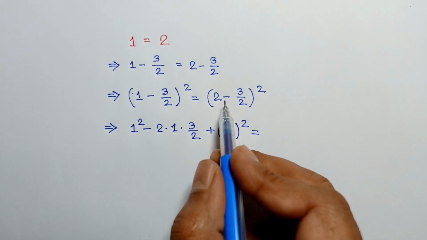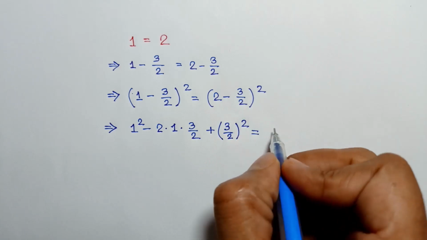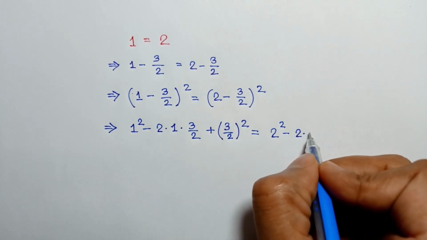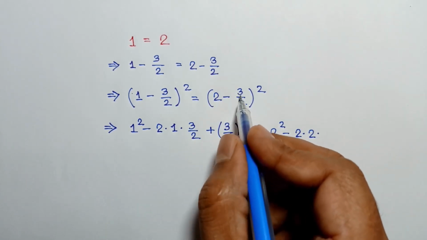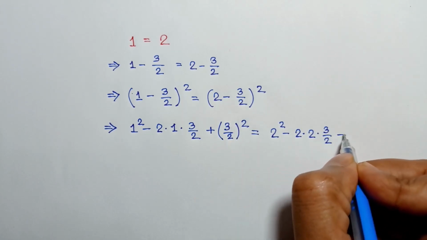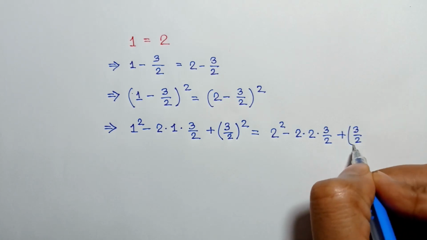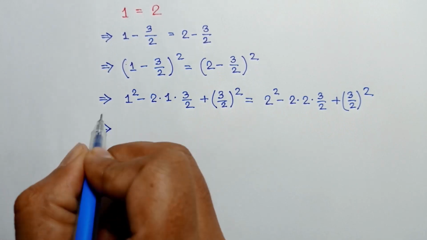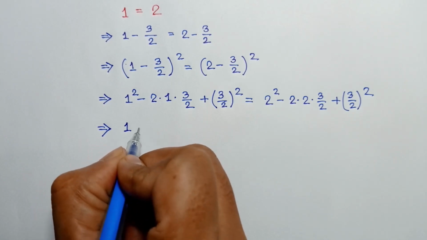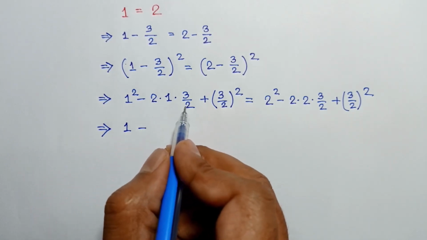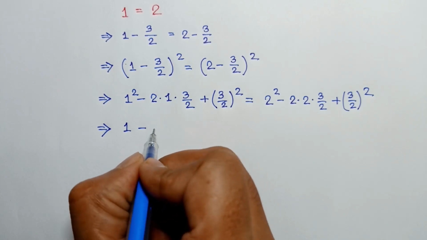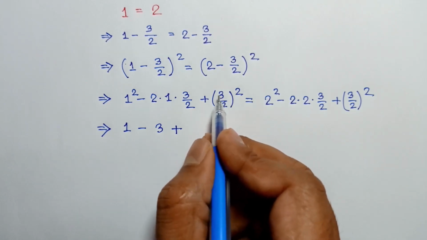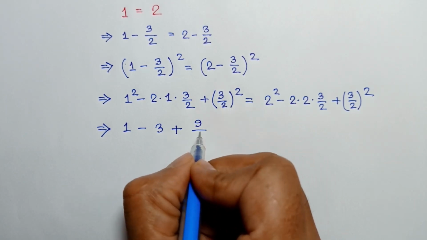equal to, applying the formula (a minus b) whole square again, we can write a square minus 2 times a times b, which is 3 over 2, plus (3 over 2) whole square, or 1 square is 1 minus this 2 and 2 will cancel out, so it will remain 3 times 1 is 3 plus (3 over 2) whole square, 3 square is 9 over 2 square is 4